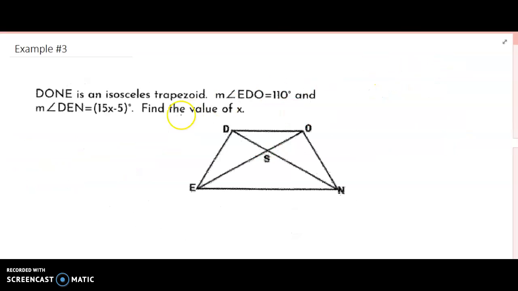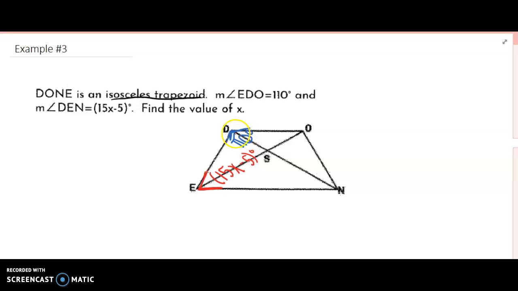All right, let's look at example 3 now. It says DONE, D-O-N-E, this trapezoid, is an isosceles trapezoid. Okay, and the measure of EDO, so EDO is this angle here, is 110 degrees. And DEN, so this angle down here, is 15x minus 5 degrees. All right, so if you recall back to example 1 and our anatomy of a trapezoid,